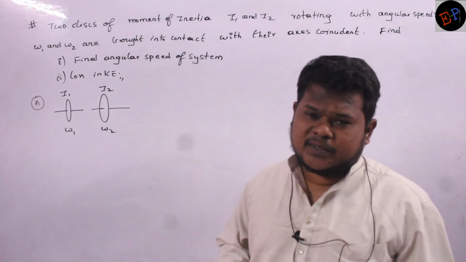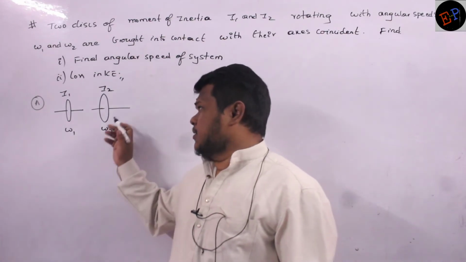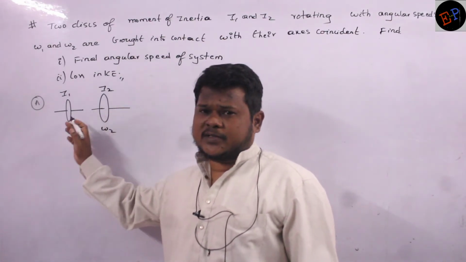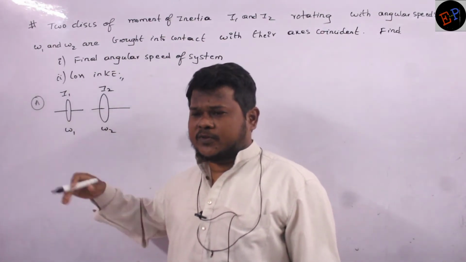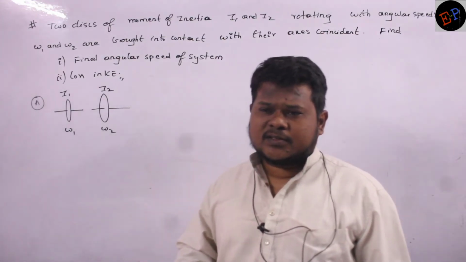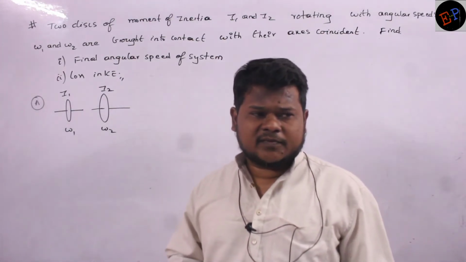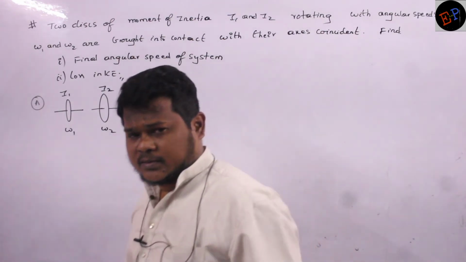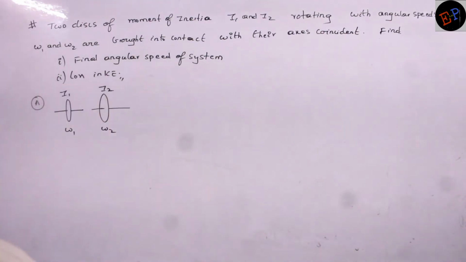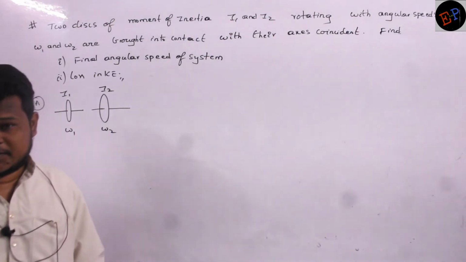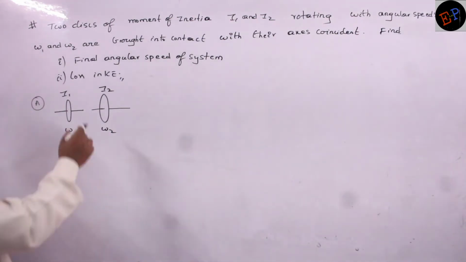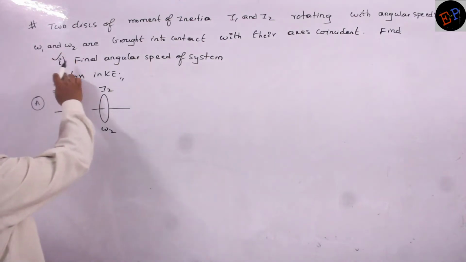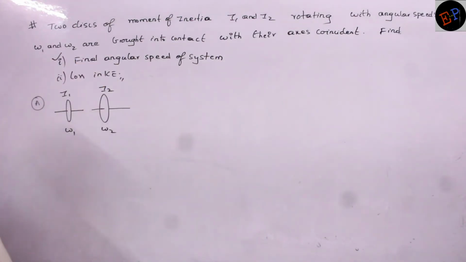The axis becomes a common axis, no? It means both of them start rotating with the same angular velocity. That is the meaning of this. So if I combine their axis, they rotate with a common angular velocity. Clear, no? Then we are supposed to find out what that common angular velocity is and what is the